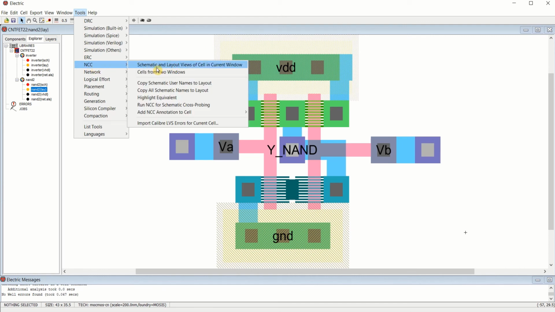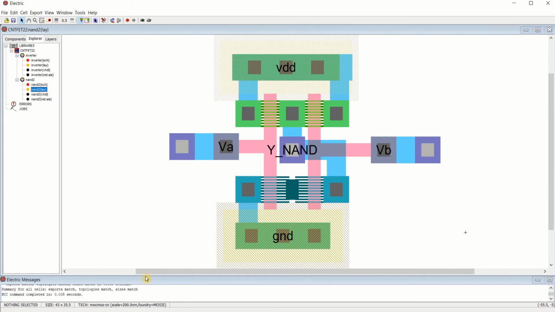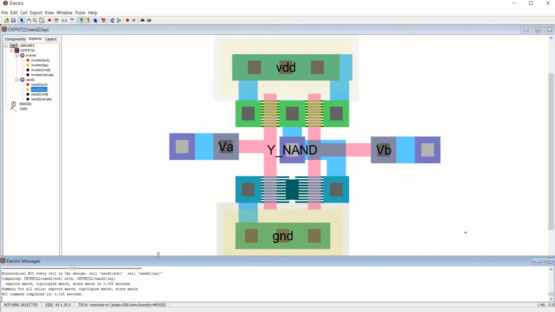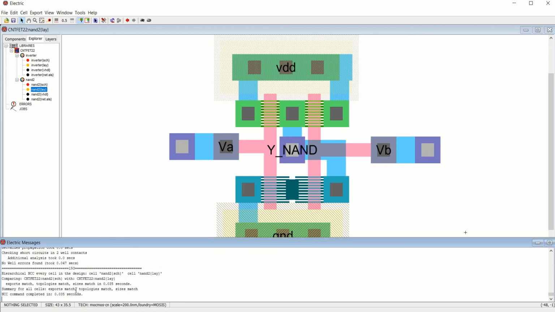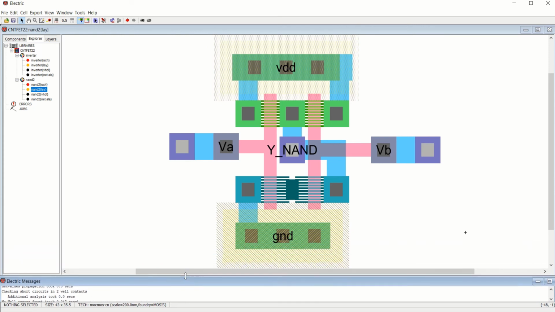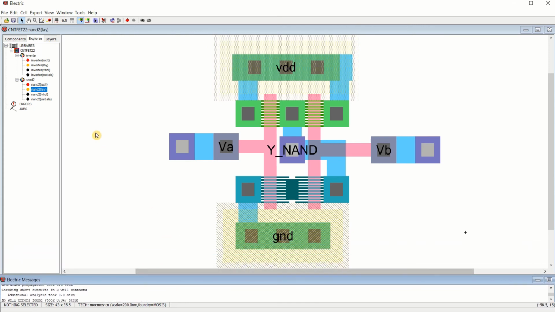It is going to compare the schematic and layout versions of the cell in the current window. That means for NAND 2, it is going to compare. Now it has given me the message saying that exports are matching, topologies are matching, and sizes are also matching. So if all are matching, the schematic and layout view of NAND is verified.